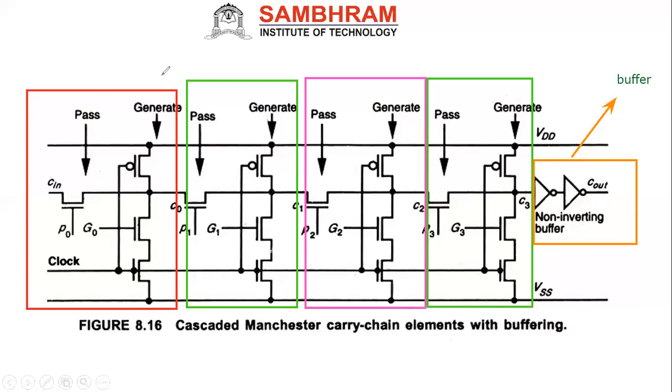Now you should know that at each and every stage here, there will be a 1-bit adder cell. Correspondingly, like this it will be connected, and the sum will be generated as I showed previously. This is a 4-bit Manchester carry chain adder actually. This one. It's a 4-bit.